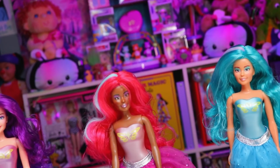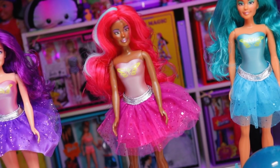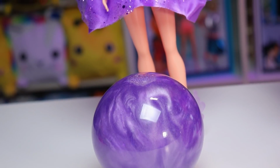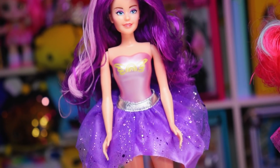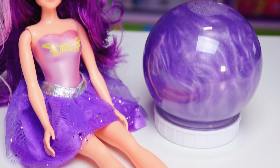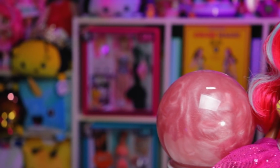Okay guys, that's it for me and my first look at the brand new MGA Dream Ella Color Change Fairy dolls. I'm really surprised at how much I like these. The skirts, the hair, and the dolls themselves are really good quality. The only thing I'm not a super fan of is the stiff legs because some of them feel like they're about to break. But other than that, I think these are a fabulous option for a budget doll and really affordable, so